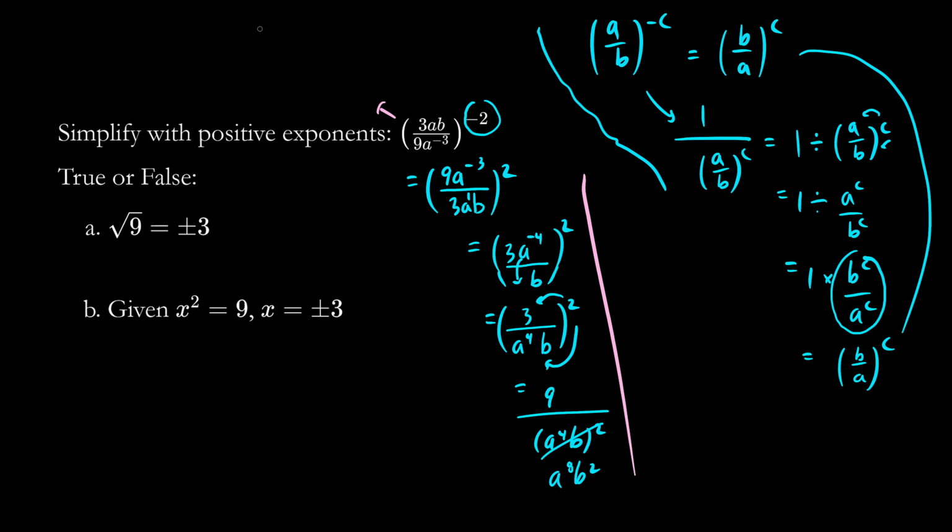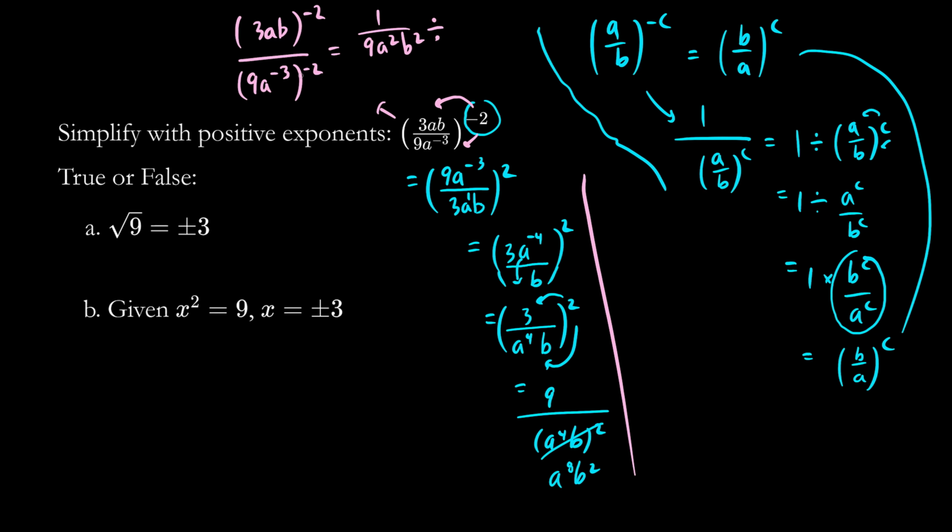Let's just try to use exponent laws right away and see what happens. So we're going to rewrite this as 3ab to the negative 2 all over, spreading the exponent top and bottom, 9a to the negative 3 all to the negative 2. This is not as efficient, I don't think. But let's see what happens. So this becomes, focusing on the top only, 1 over this whole thing squared, which becomes 9a squared b squared. And this big line becomes divided by